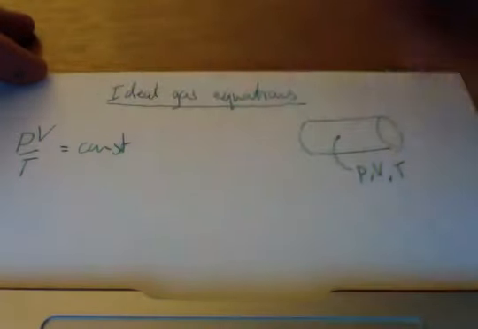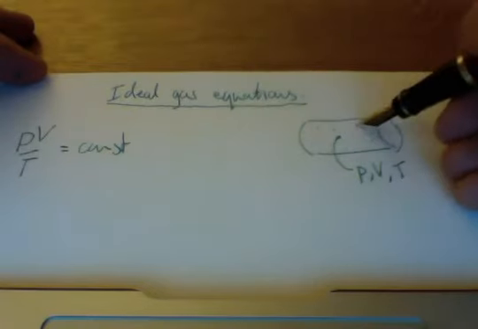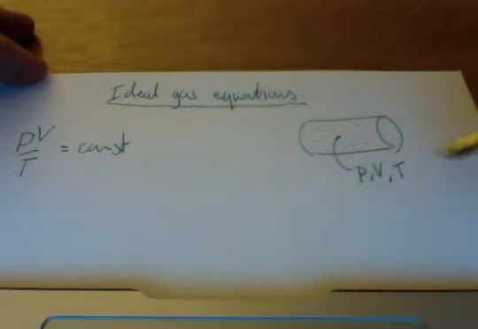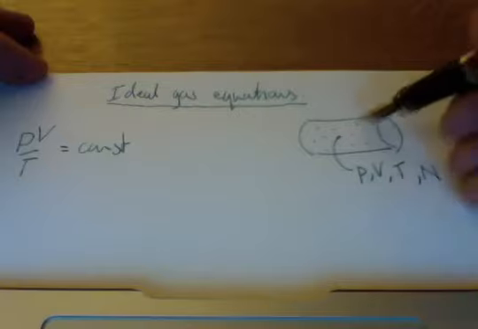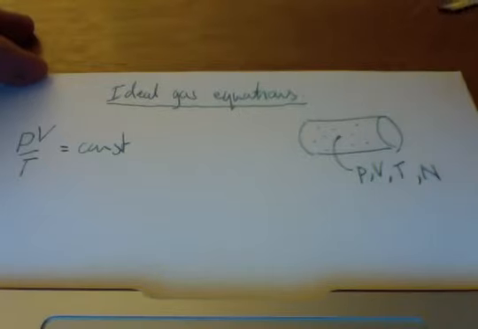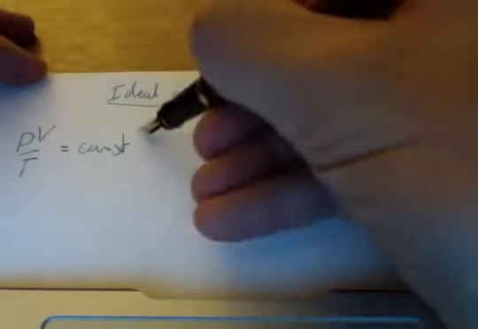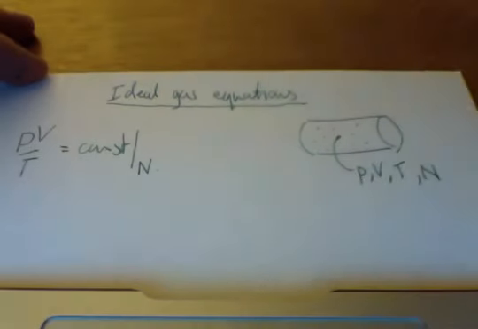However, one thing we failed to mention was the number of particles, and that will have a bearing too. More particles, more collisions will create a bigger pressure. So this constant will have a proportionality to the number of particles. Okay, so let's write that down again. Pressure times volume over temperature is going to be proportional to the number of particles, and therefore our constant of proportionality